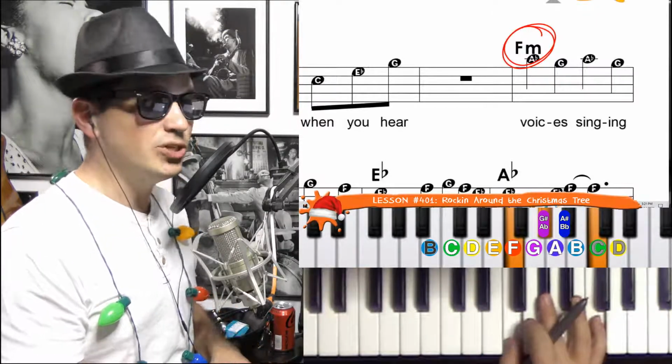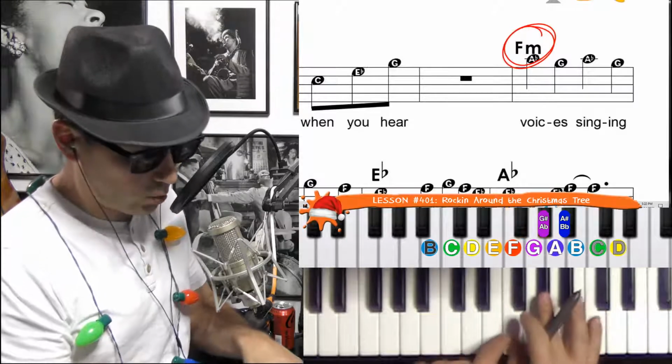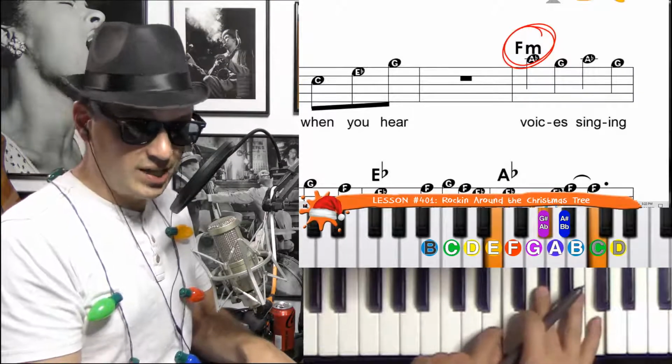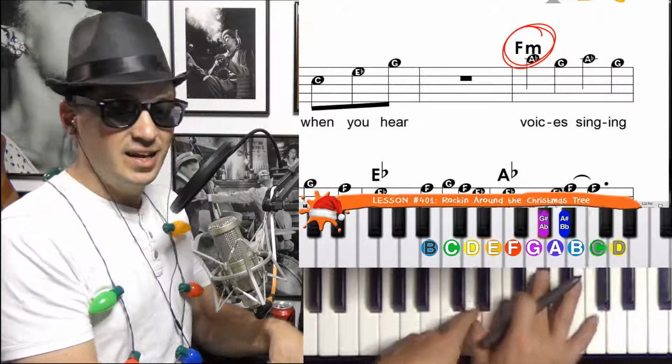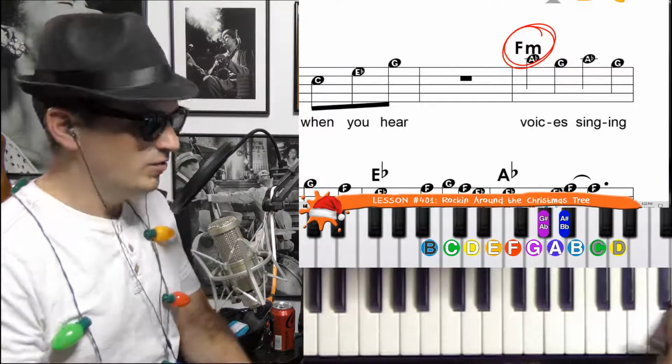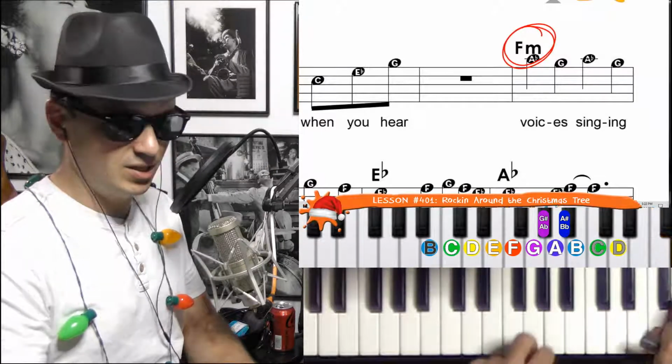So if you listen real carefully in the original recording, you'll hear the F minor happen and then the bottom note will move down to E and then E flat and then E. So when they're singing, voices singing Let's Be Jolly, voices singing Let's Be Jolly,